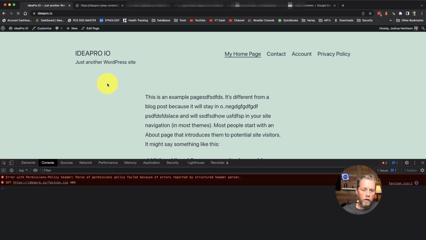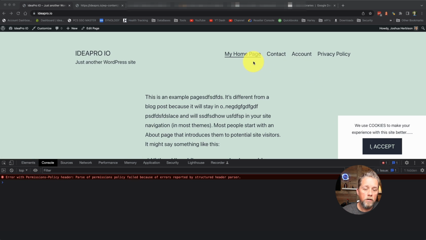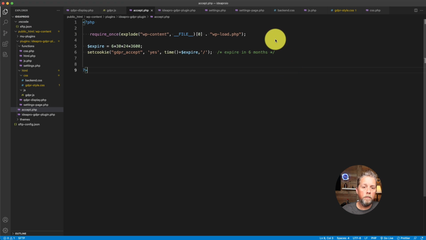page and we refresh the page, we say I accept, and now that cookie is installed on our page, so that if we reloaded, it shouldn't come back up, but it's going to right now because we haven't told it to not if the cookie's there. All right, refresh, it's going to show up. Okay, so now we can come back over here to our